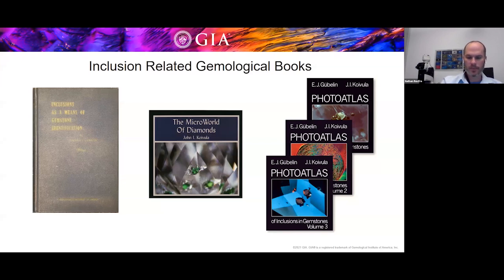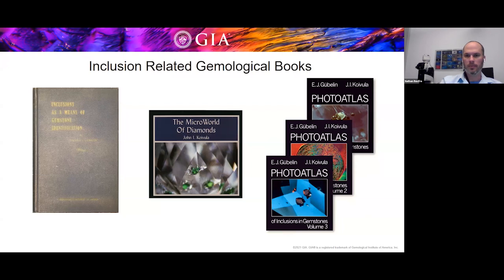mean. And so as a gemologist, when you have a microscope, if you can identify what the inclusion is, then you can unravel some of the story of that particular gem and gather information. And so the limitation is really your ability to recognize what the inclusion is in order to make that determination. And so the more experience you have and the more reference material you have available, the more powerful your microscope